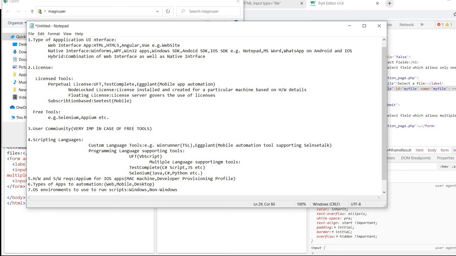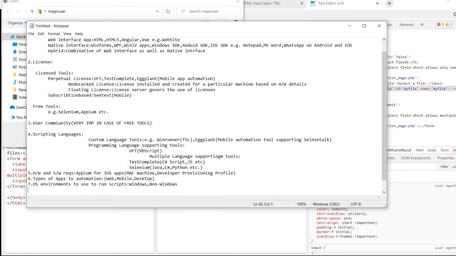So these are very, very important points you will consider while doing the POC. And also, you may use any cloud services to run the tests, like BrowserStack, or any other, there are many, like TestObject.